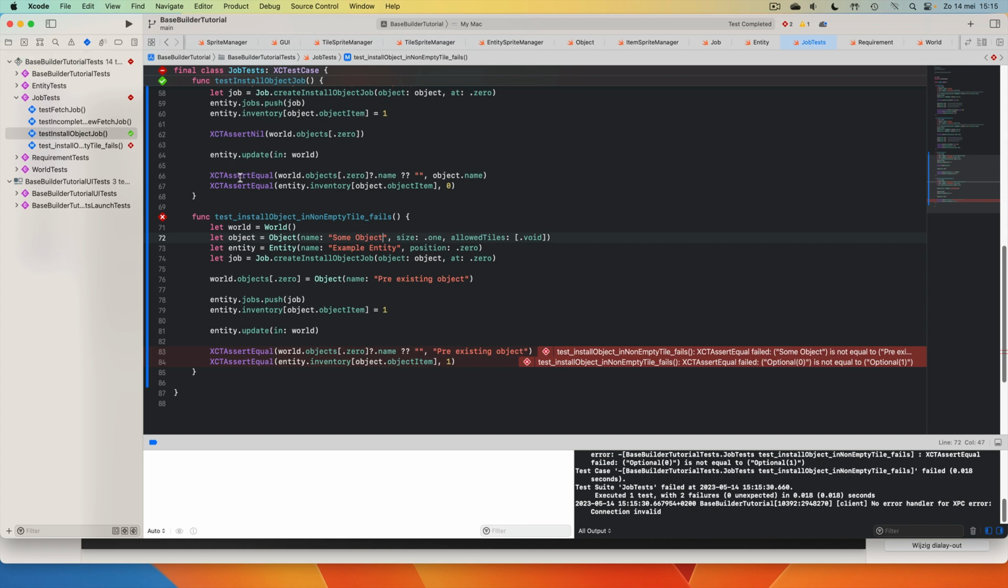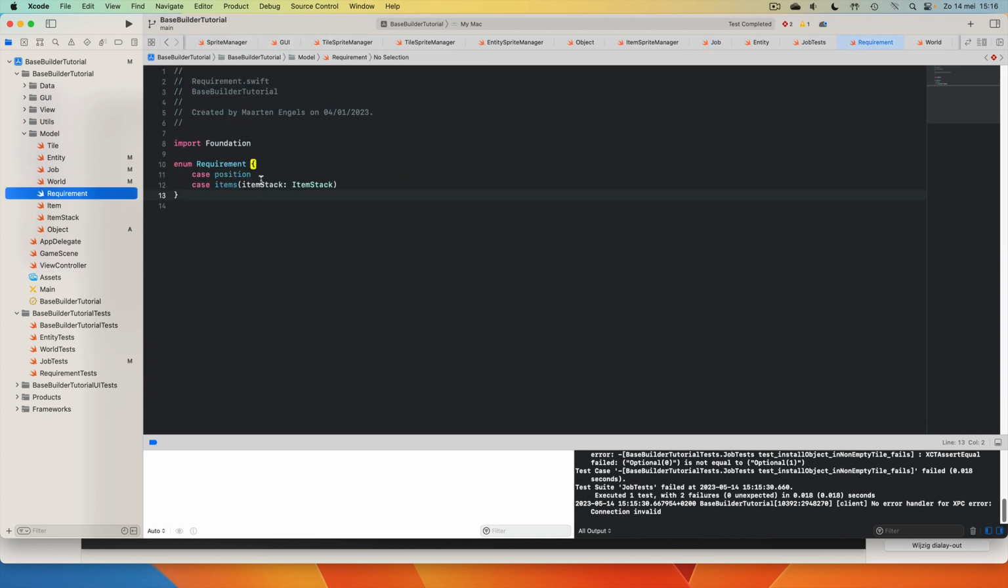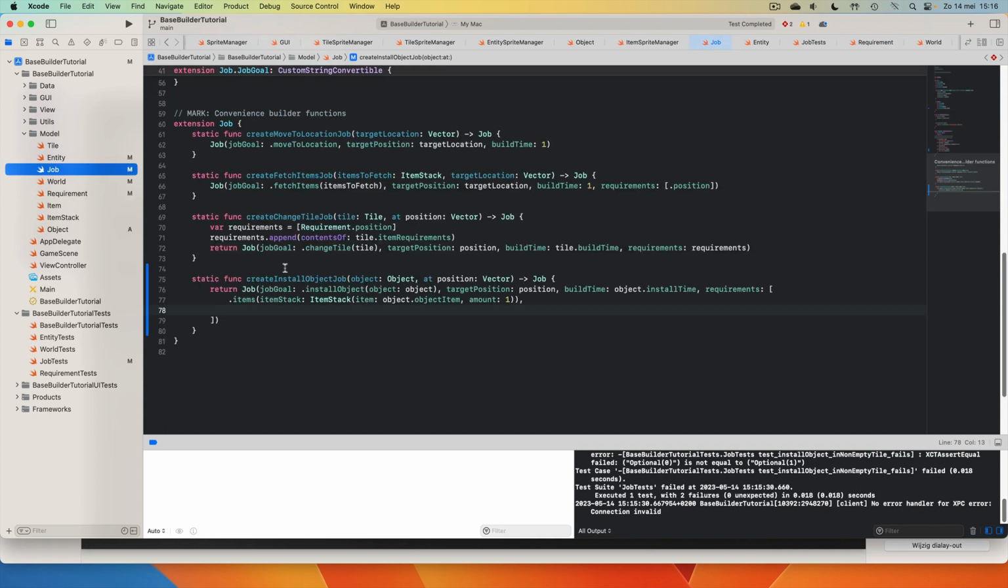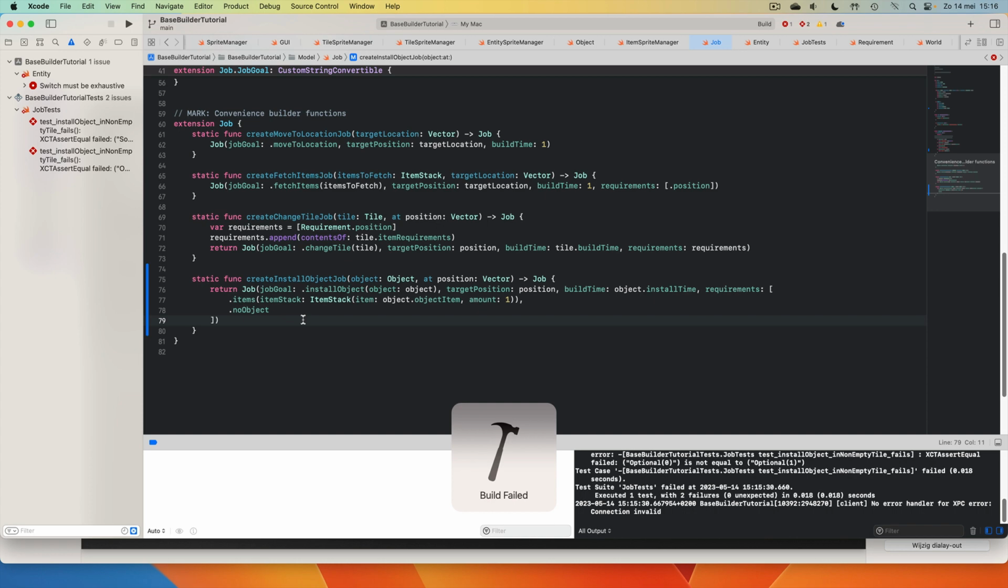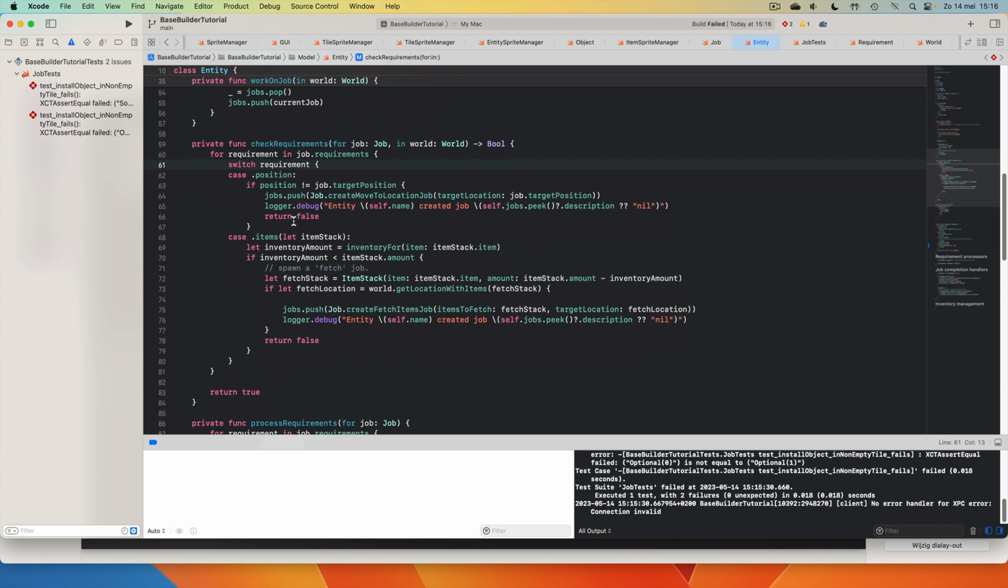and add a requirement of something like a noObject. So let's create one. It's a new requirement called noObject. And let's go into our job and add this noObject requirement. Let's try and build. This will fail because when we're checking the requirements, we haven't implemented the check for the noObject